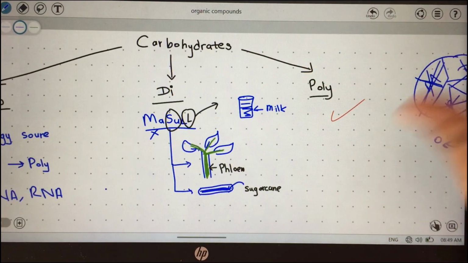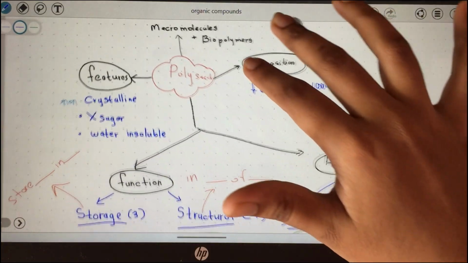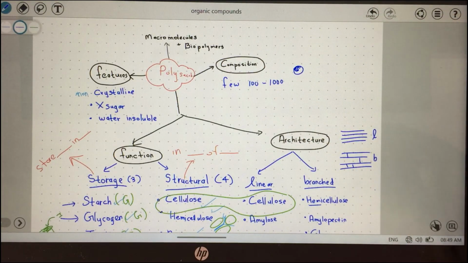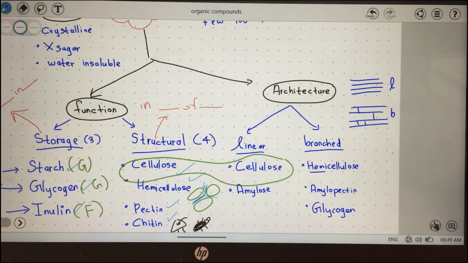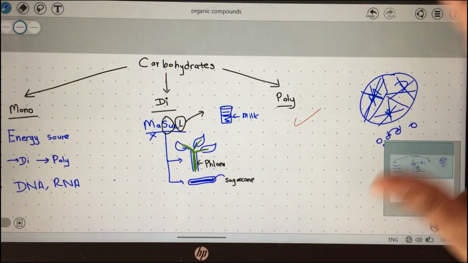Why? Before the exam, you don't have to read your resource. You just have to look at this mind map and see all these points are there. There's nothing more than this that can be questioned in the exam. It's just about you using these key terms and making a whole sentence and writing it there. Okay, so that's the whole point of using a mind map to study bio.